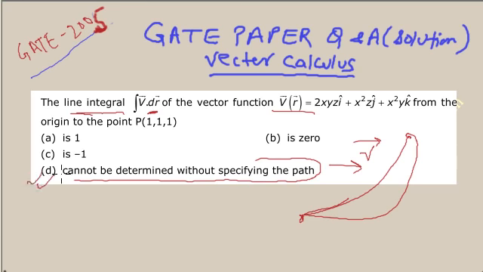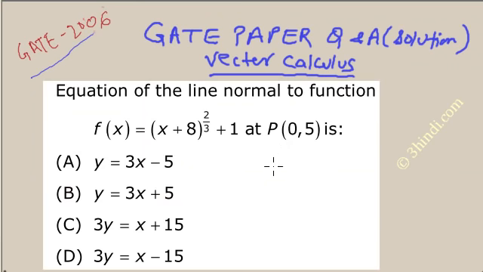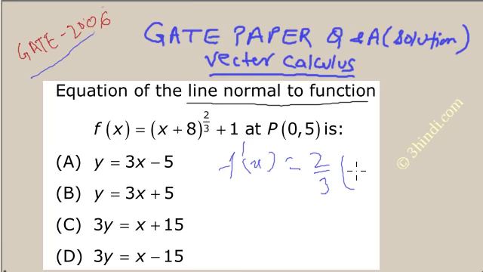So D is the correct answer. This is a GATE 2006 question. You are required to find the line normal to the function. So how can you find this? f dash x is equal to 2 by 3 into (x plus 8) to the power 2 by 3 minus 1. So if you put x at 0, you will get 2 by 3